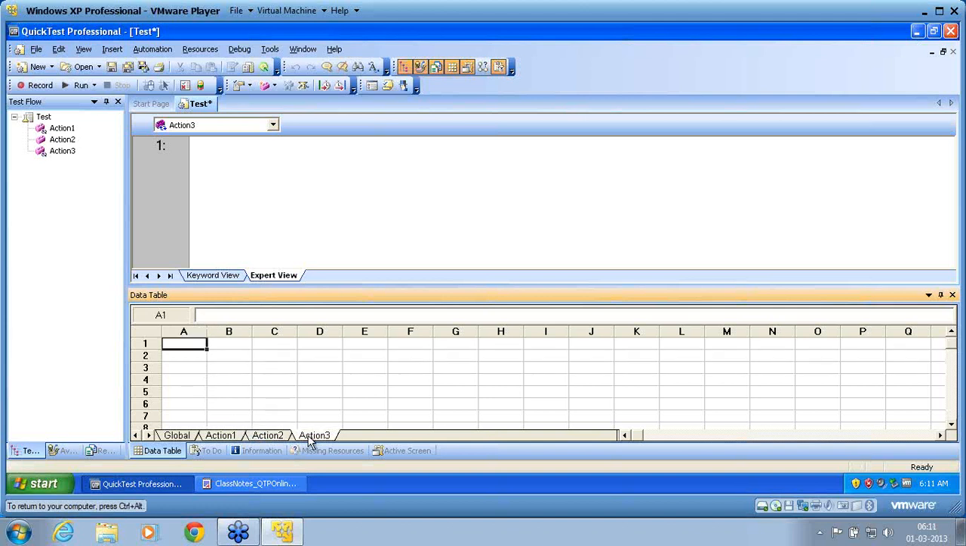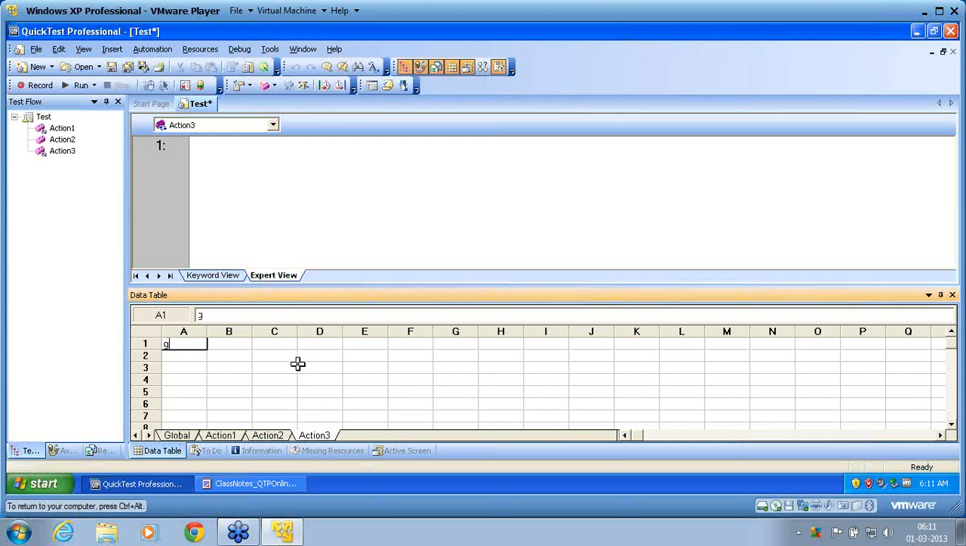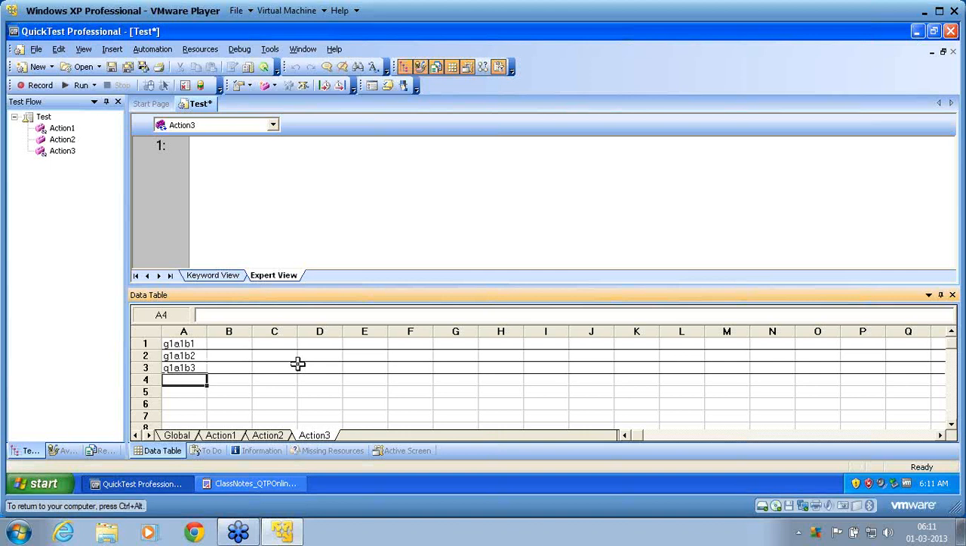In action 3 I want to write the product of all this combination, that is G1 into A1 into B1. I want to concatenate G1 A1 B1, G1 A1 B2, G1 A1 B3. I want to populate like this. I want to do this through scripting for all the combinations into the data table, right? In reality, it doesn't have any meaning, but what we are trying to understand here is how I can manage my data table, rows, columns, how I iterate multiple rows, how I move the pointer while I execute without